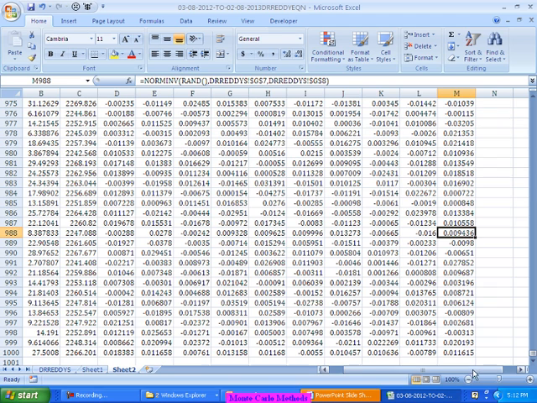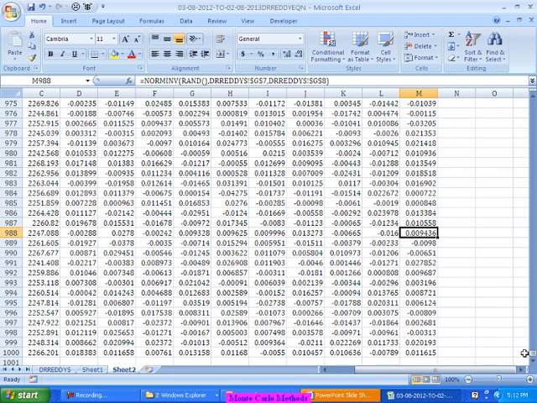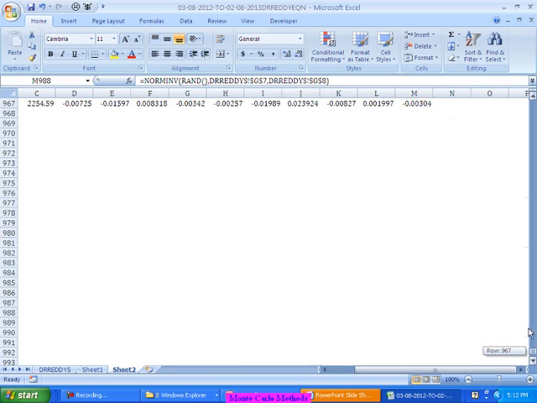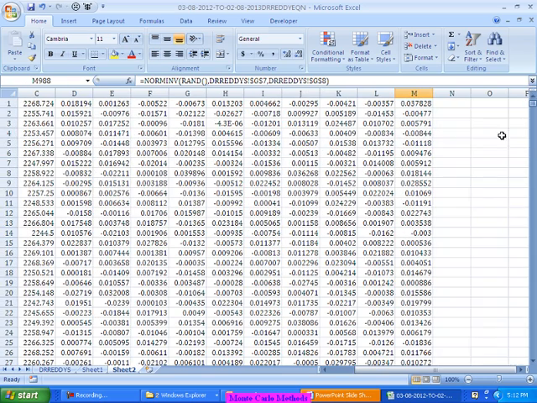Now what is it that I can do? I can find out whatever is today's price, into e power r, each of them. If I do e power r, that is what I am going to get. So it's as good as e power the sum of all these things. That is the price at the end of the 10th day, right? The total price at the end of the 10th day, if I want to find out the simulated prices,